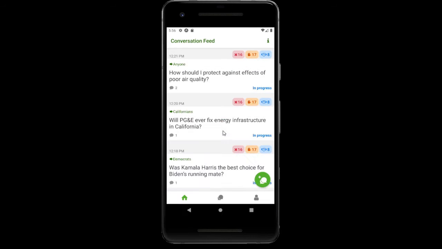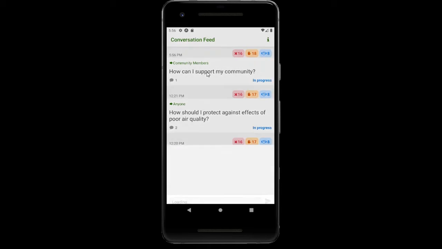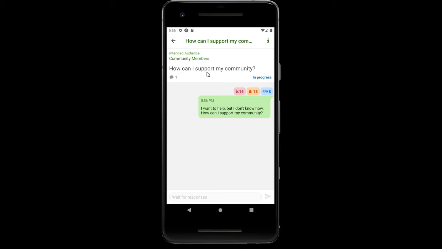So I'll post this, and you'll see that the conversation shows up at the top of the feed now. Now I have Parleya open on two other phones, and these phones will be acting as other users. So now I'm going to go into this conversation, and the first thing you'll probably notice is that in some ways it has a similar feel to a Reddit thread, but you'll notice that the message at the bottom here kind of looks more like a text message.